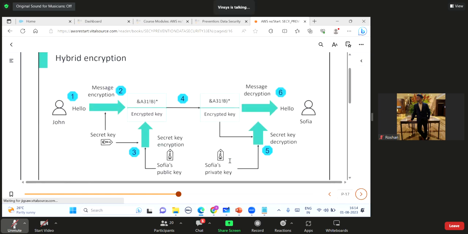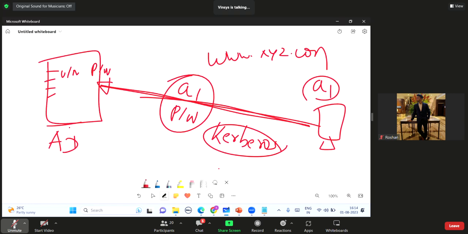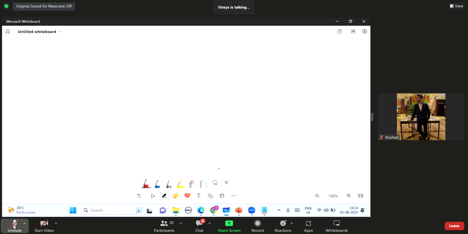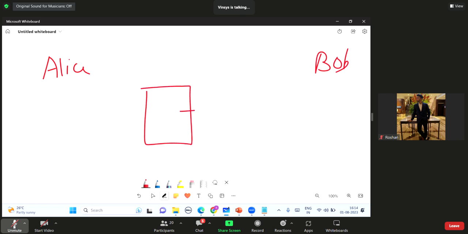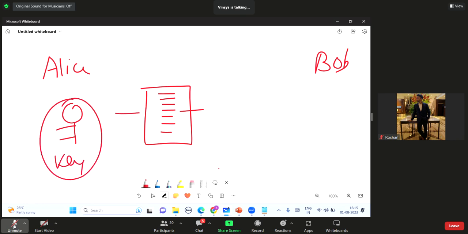Now let us talk about hybrid encryption. Okay, folks, now you will very easily understand this one. Let us say Alice and Bob want to go for symmetric key encryption. This is the file Alice has created, and because they are going to go for a symmetric key, let us say this is the key Alice is going to use to lock it, and she needs to send it to Bob now. Definitely it is a digital key, not a physical key.